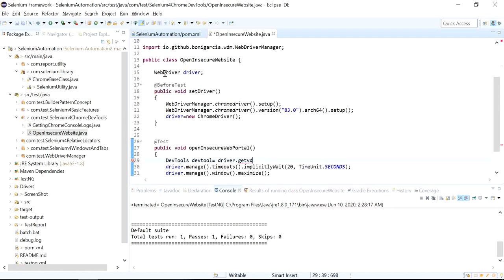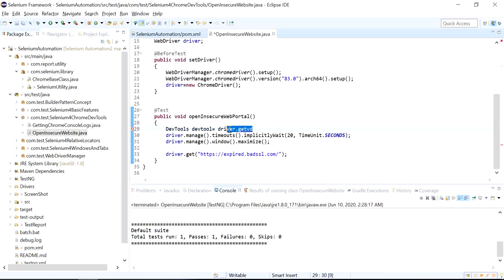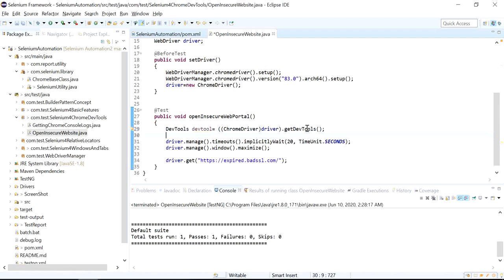So either you say ChromeDriver equals new ChromeDriver, otherwise you have to cast to ChromeDriver. Let me cast it. ChromeDriver dot getDevTools.